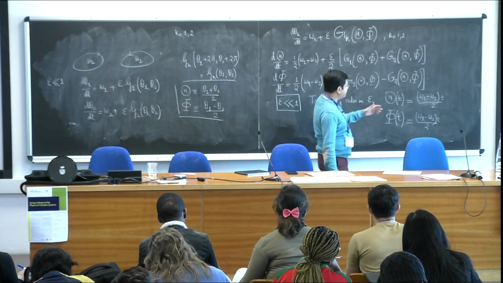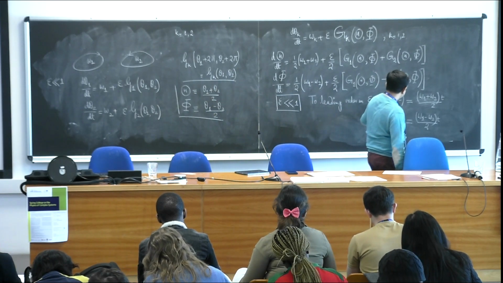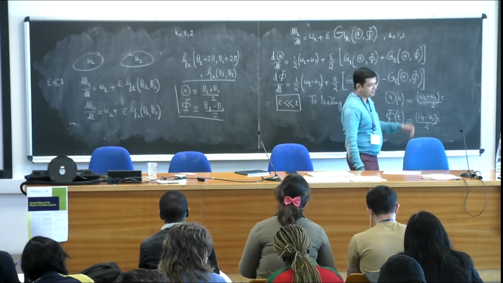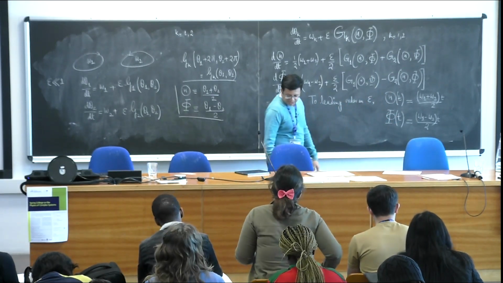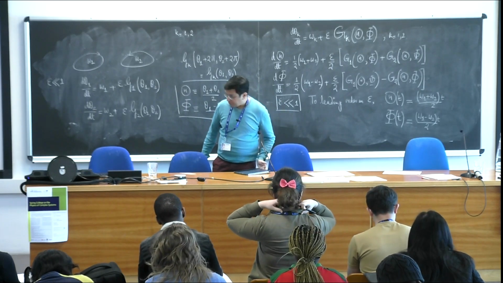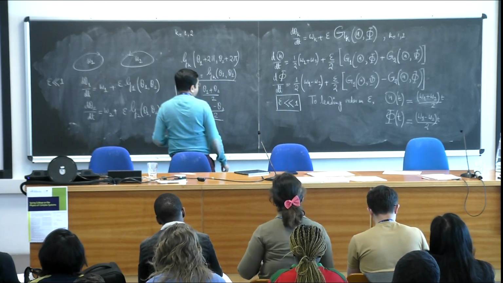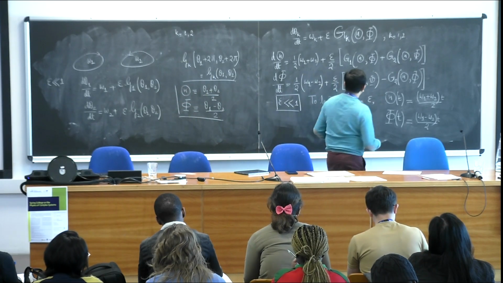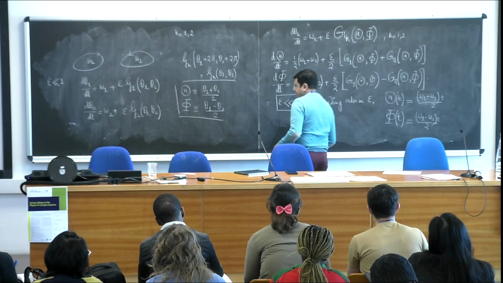I can say that let me start with an initial condition in which theta at t equal to 0 is 0 and this is 0, because anyways I will be interested in the long time limit, where it doesn't matter really what I do. Okay, so I need these two equations. So therefore,